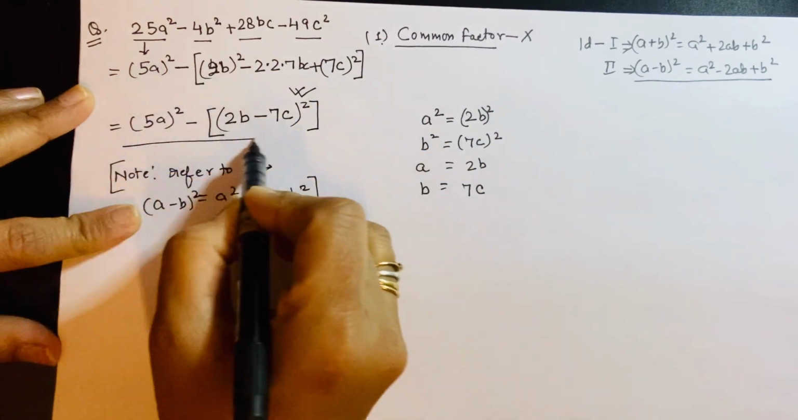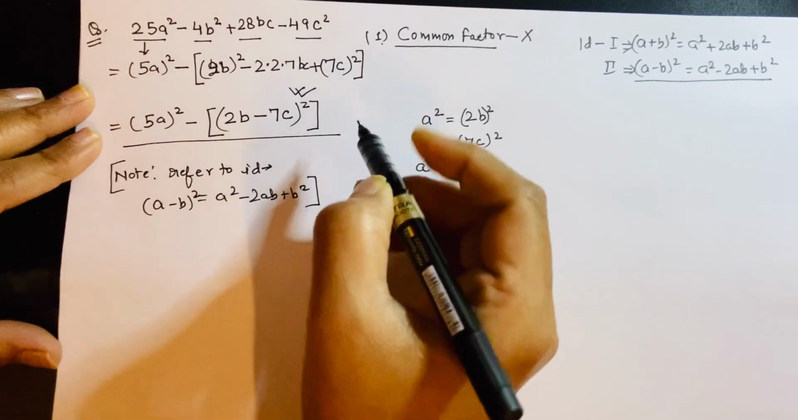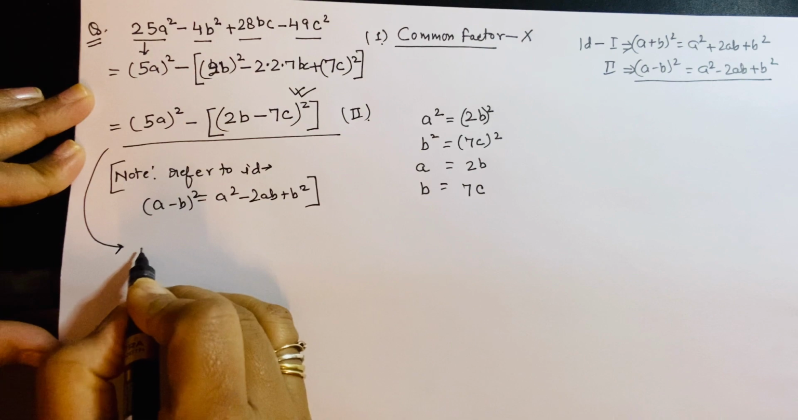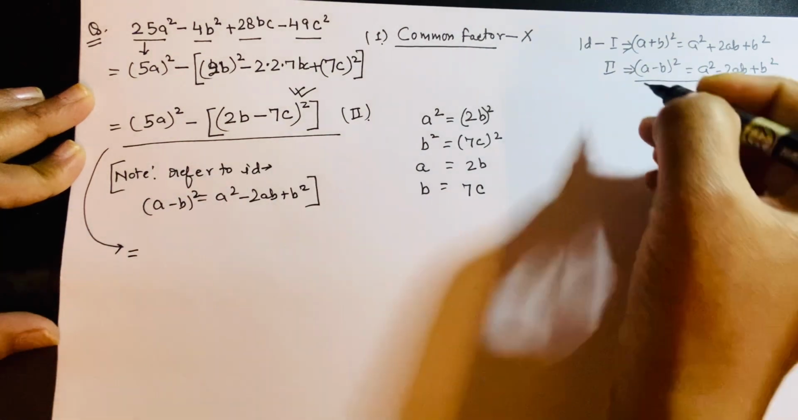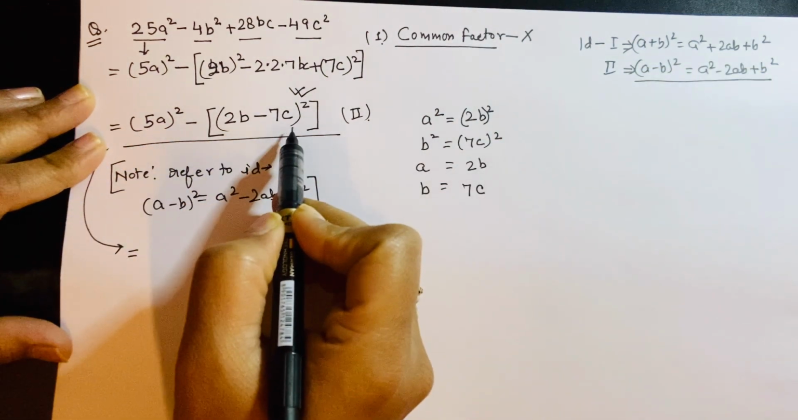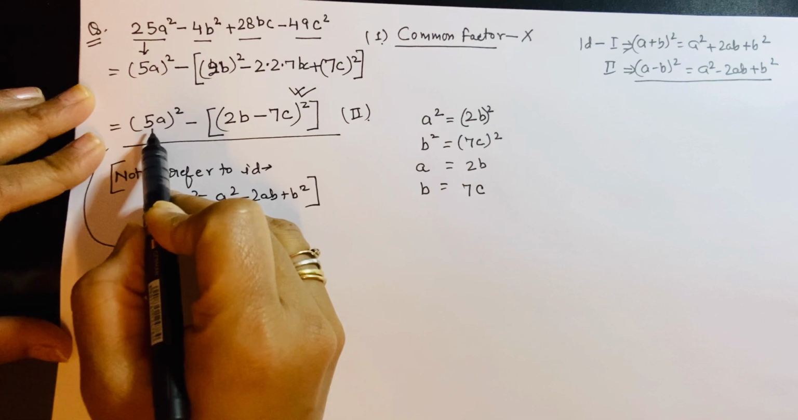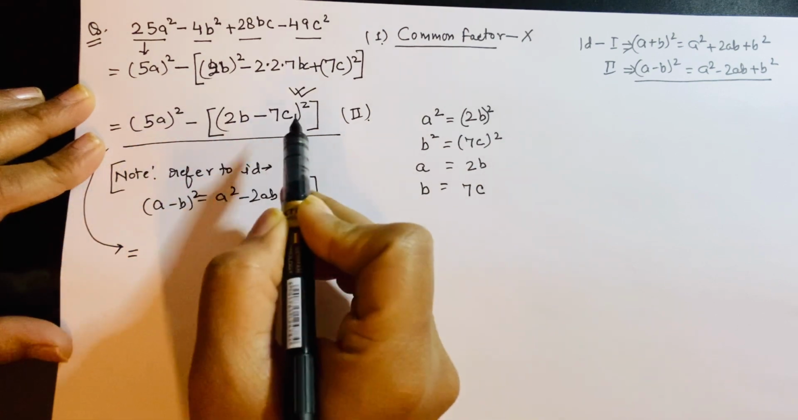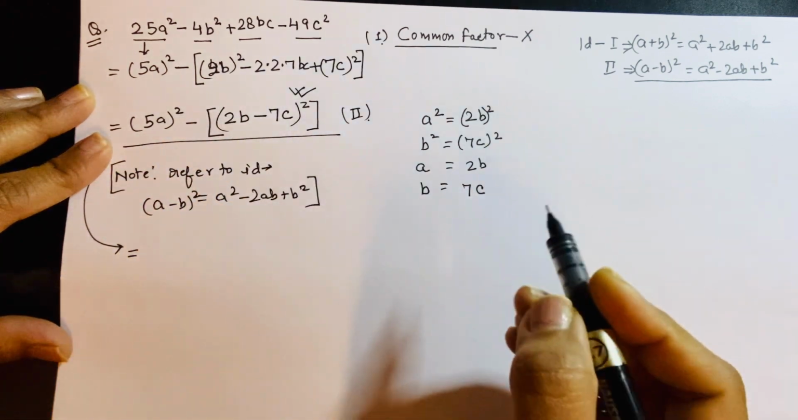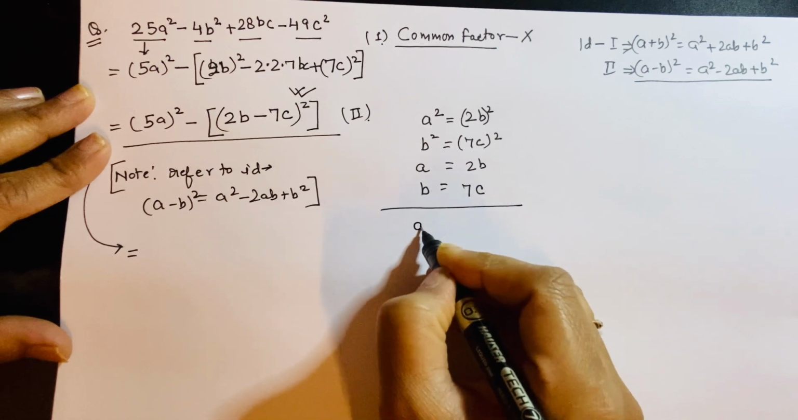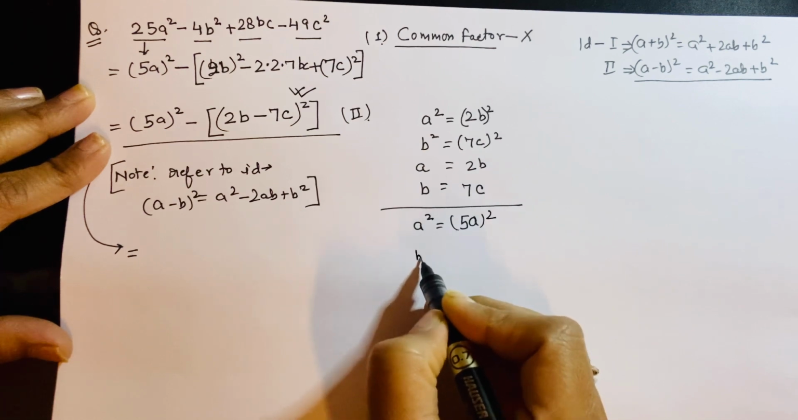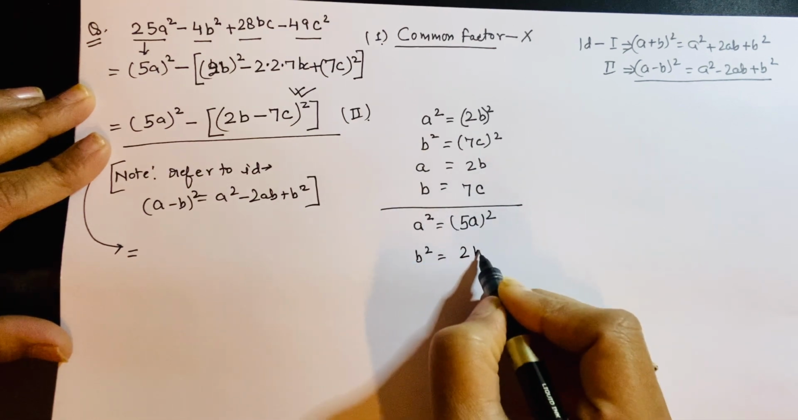So till here we have solved this equation through identity number 2. Now we will take the next step, where we have to understand that this has become an identity referred to as a square minus b square. So here you can consider this as a and this whole number as b. So if you write, a square is equal to 5a whole square, b square is equal to 2b minus 7c